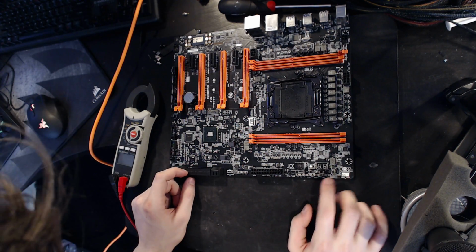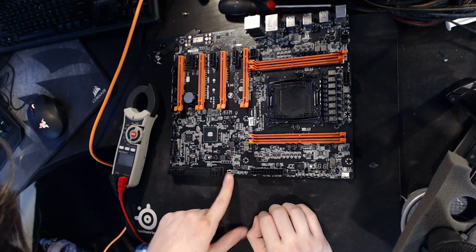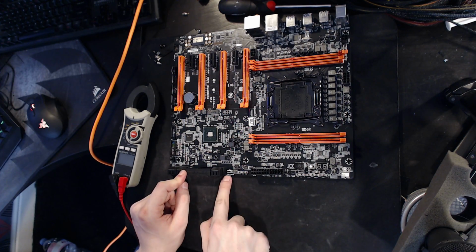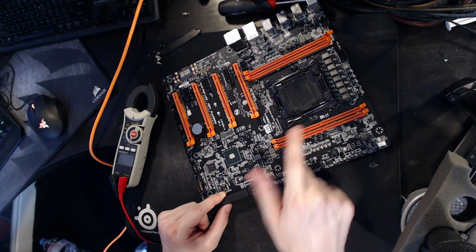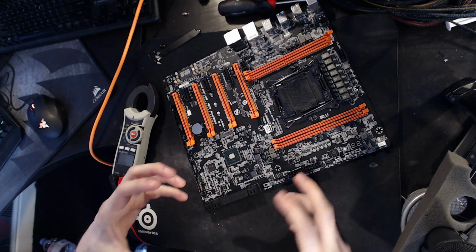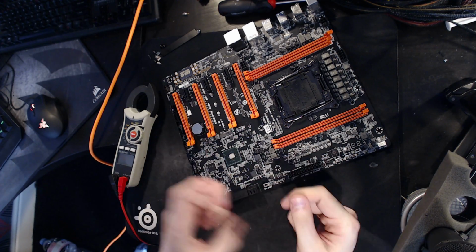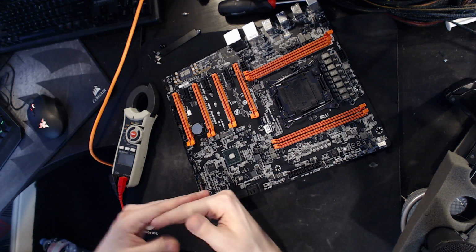So that is, that's cool. What else is there? You get this right here. So this CPU mode switch enables and disables the OC socket on this board. The OC socket originally came out on Asus boards, and it's basically an LGA 2011 socket with some extra pins, because there's unused lands on the Haswell-E and Broadwell-E